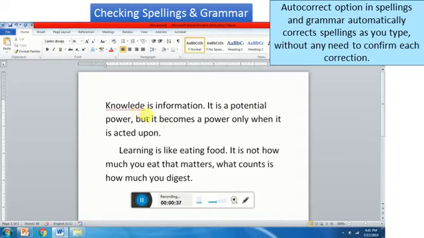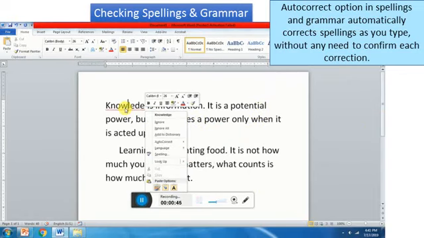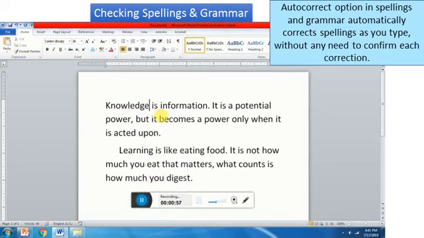A simple method to correct the spellings of any word when the red line appears is as follows. Right-click on the word with the red line. Then it shows you the correct spelling of knowledge in the shortcut menu. Select the correct spelling from the suggestion list. Microsoft Word automatically replaces the incorrect spelling with the selected option. In this way.